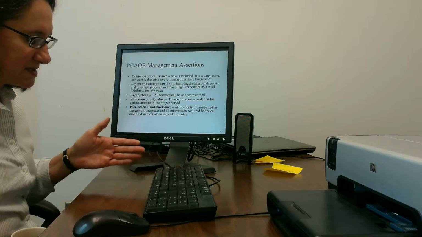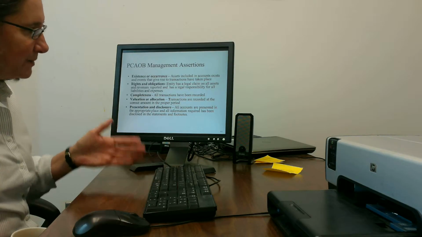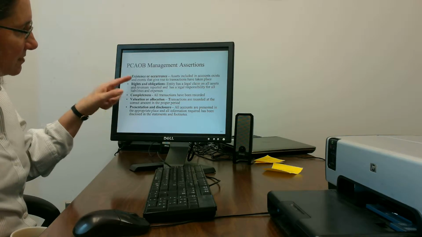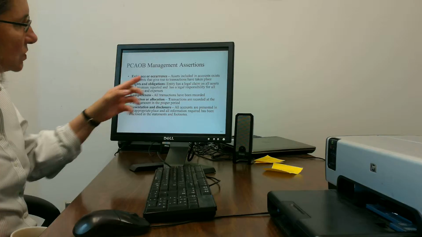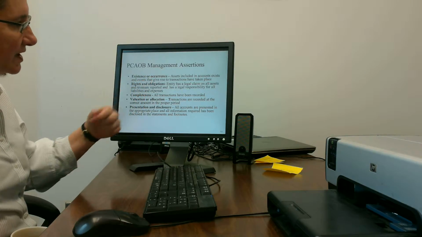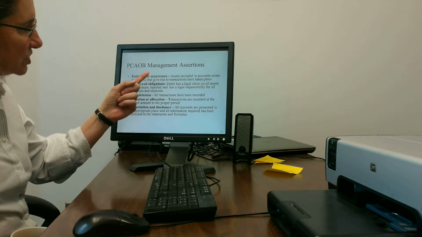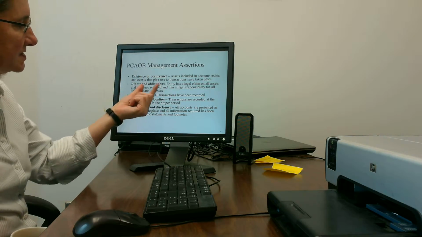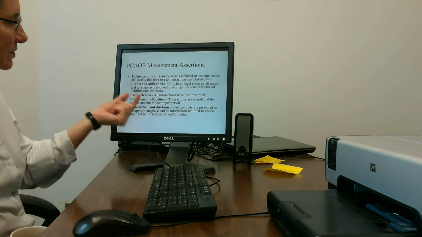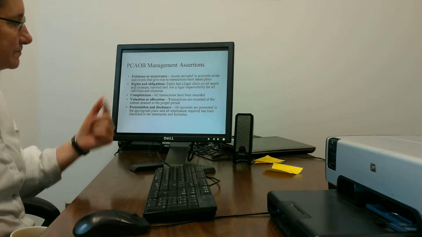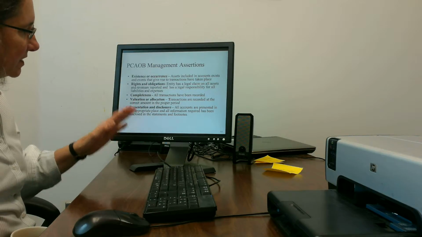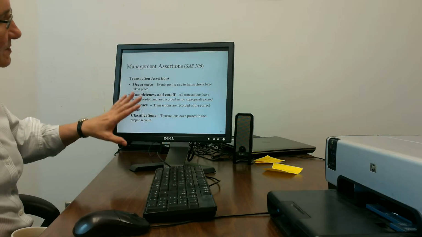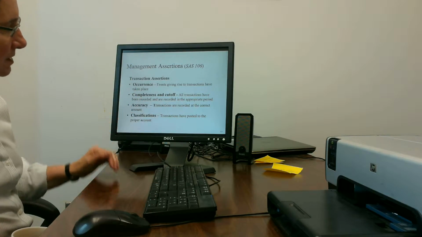The financial statements, when you say they're fairly presented, it means they have all these qualities, that for each account that you're looking at, either the assets exist, or let's say you're talking about sales, like in Chapter 7, those sales actually occurred. Rights, if it's an asset, you have the right to it. If it's a liability, you have the obligation. Complete, everything is there. Valuation, the correct amount in the proper period. Presentation and disclosure, appropriate place. Management assertions from AICPA